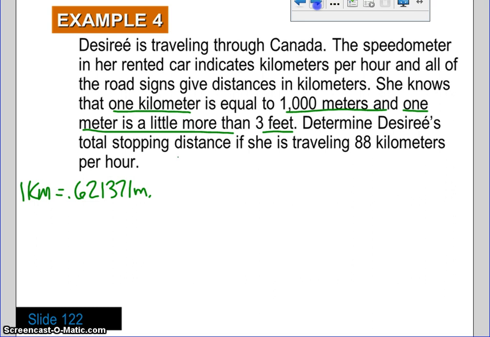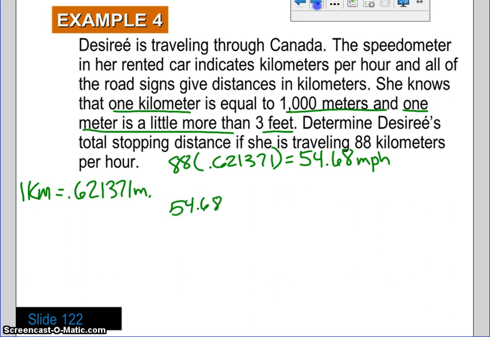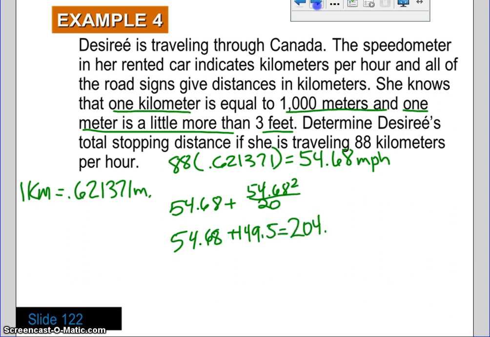If I look at this, I've got 88 kilometers times the 0.621371, which gives me 54.68 miles per hour. Now I'm going to plug that into the formula that I know. So I'm looking at 54.68 plus 54.68 squared divided by 20. When I get that, I get 54.68 plus 149.5, which equals a total stopping distance of